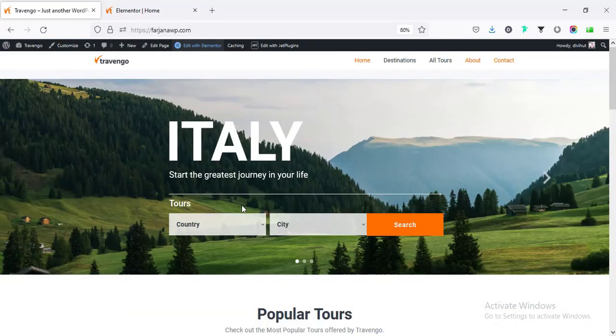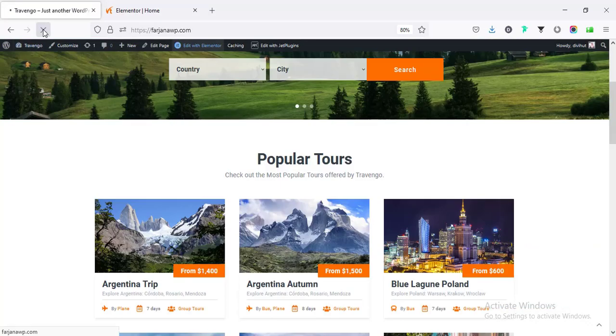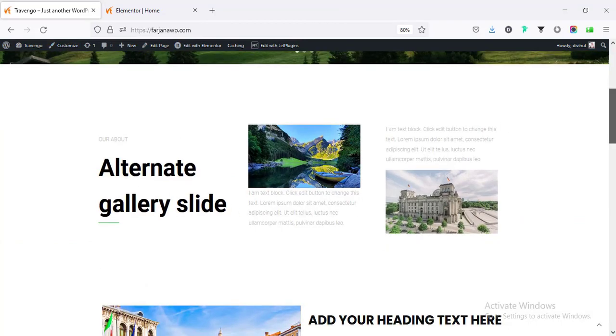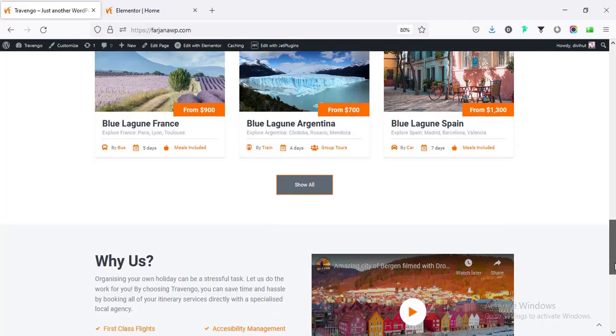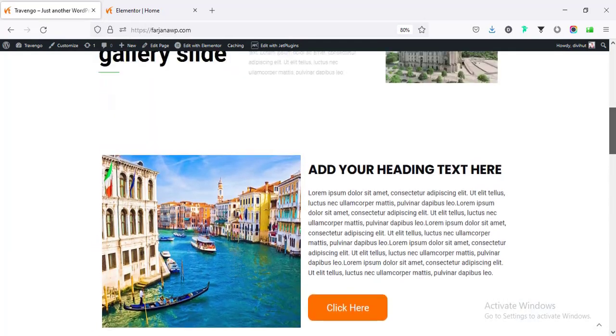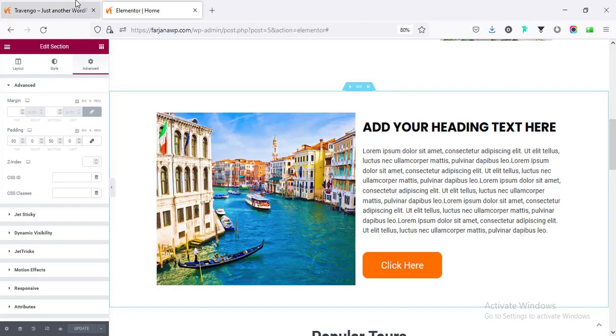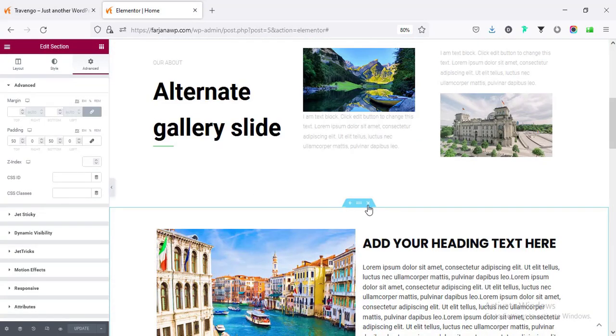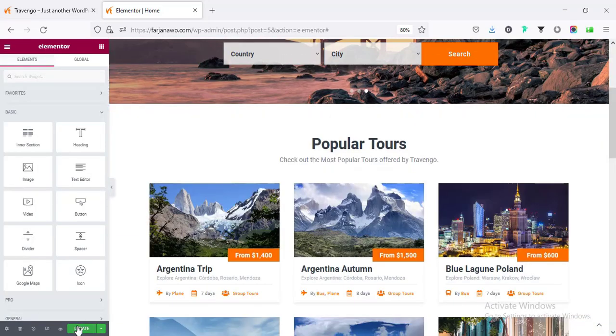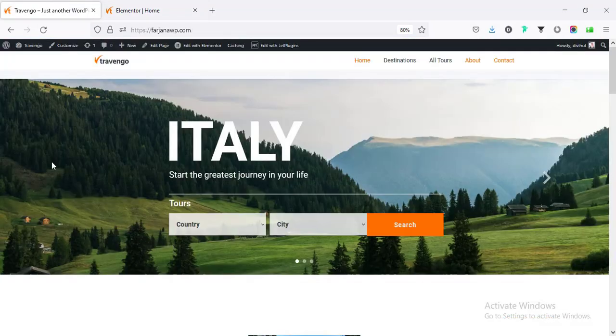And now when I go to our home page and refresh, we can see all the new sections are added to our home page. In the same way, we can add or customize any sections as per our need. Alright, so for now I'm going to cross it and save our page. Now I'm going to show you how you can create any extra pages for about and